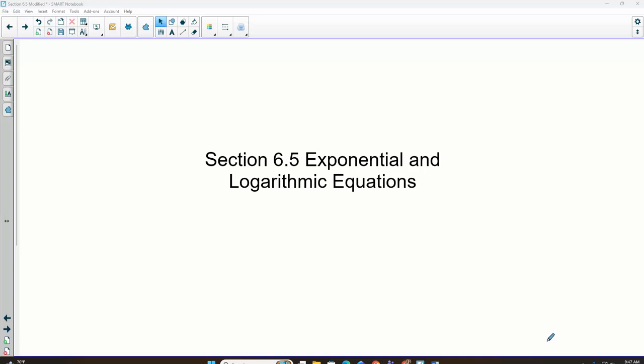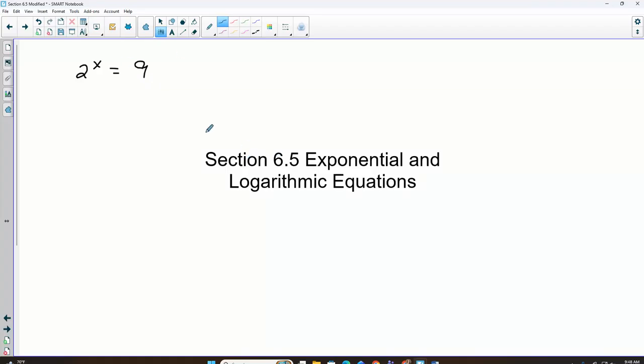Looking at problems that started with a log in them. We've also solved exponential equations, but we were always able to get a common base. Sometimes that's not possible though. If I gave you something like 2 to the x equals 9, can you rewrite 9 as a power of 2? No. So we still have to be able to solve these types, and that's what we're going to start doing